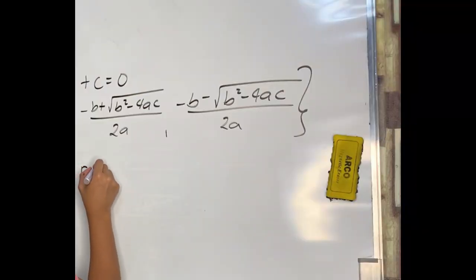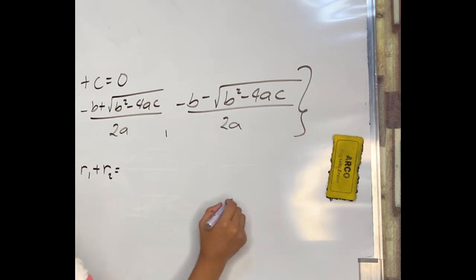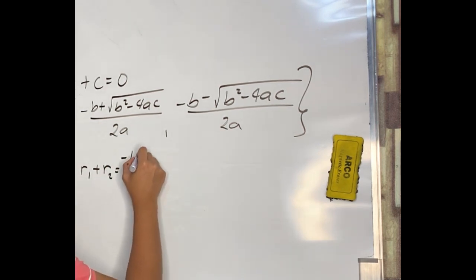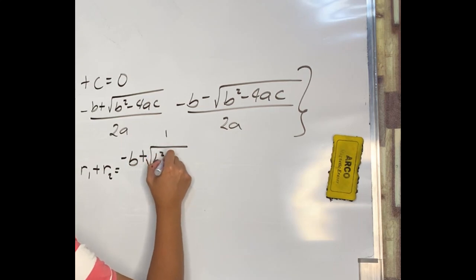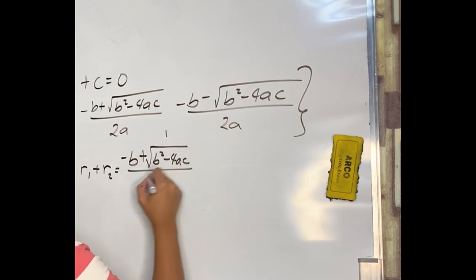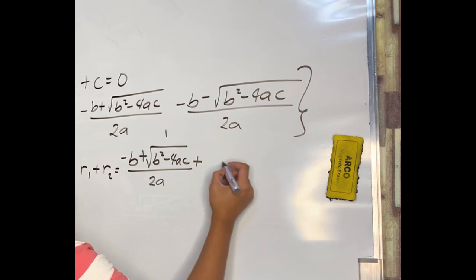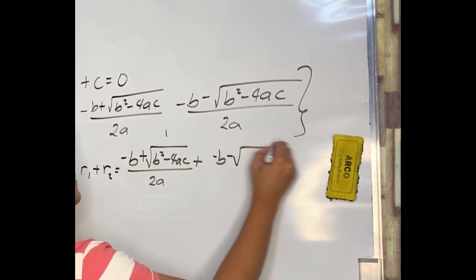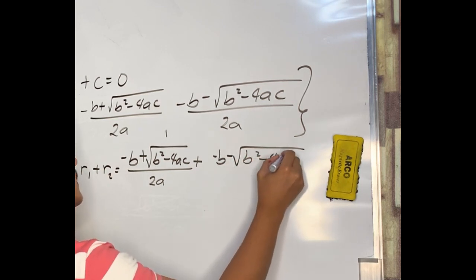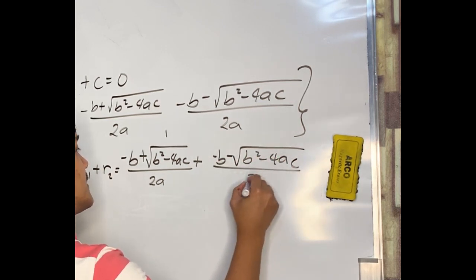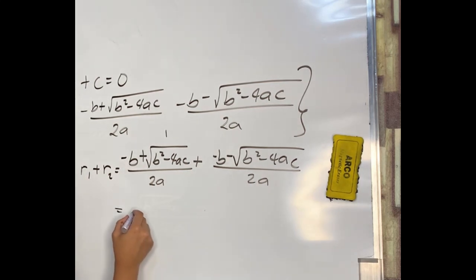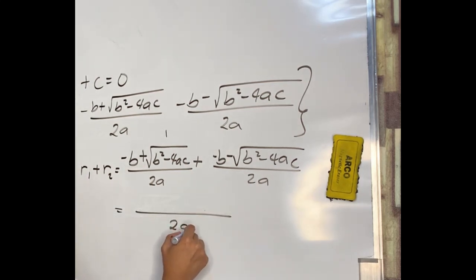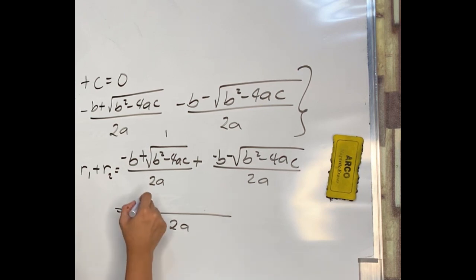Considering r sub 1 plus r sub 2, we need to add the two roots. Negative b plus the square root of b squared minus 4ac all over 2a plus negative b minus the square root of b squared minus 4ac all over 2a. Adding the two fractions, meaning we just copy the denominator 2a and combine